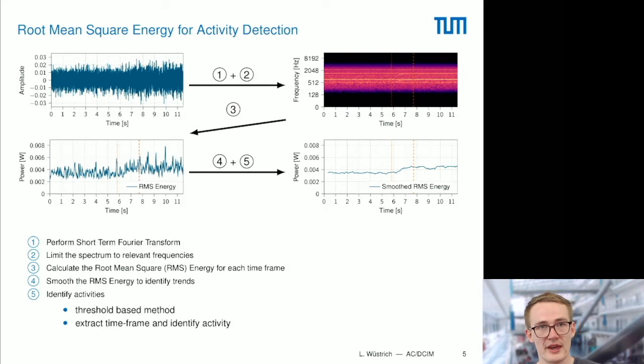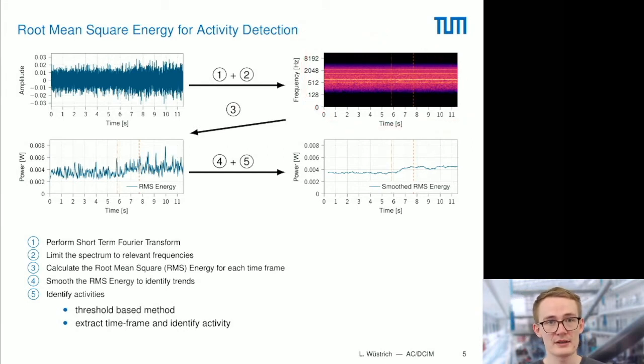Our procedure then consists of 5 steps. We first perform a short-time Fourier transform on the captured mixed signal to calculate how much energy a single frequency carries in a short time frame and plot it over time to get a spectrogram, as shown before. In the second step, we limit the frequency spectrum to the relevant frequency band that we would like to look at. As mentioned before, changes in sound often only affect a specific, previously known frequency band. And we then know how much energy a single frequency carries over time. We can see the result of this step in the top right figure.